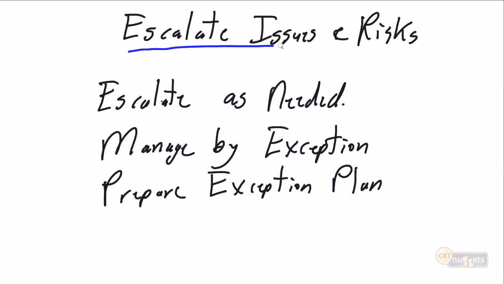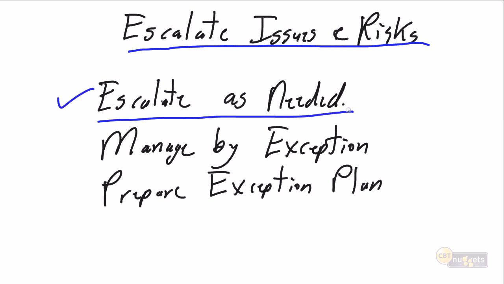So with the issues and risks identified, hopefully the majority of them are things that we can deal with in our power and authority as the project manager, and we can make disappear from the project without truly having to raise the red flag up the flagpole. But the next key activity as a project manager is to escalate the issues and risks as needed. So if there's an issue or a really serious future-facing risk that really concerns us, we need to escalate it to senior management